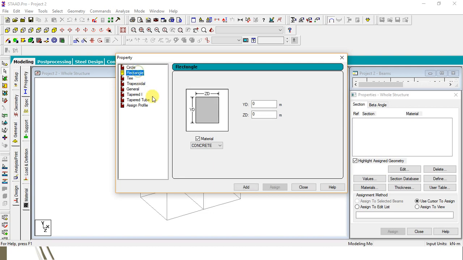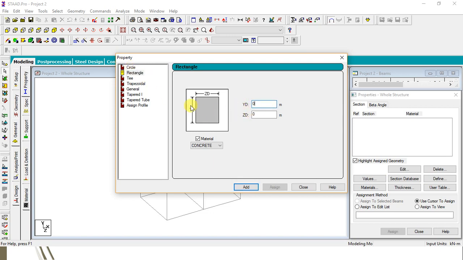Now I am selecting this rectangle cross section, as normally all the sections will be rectangular only. Sometimes there will be circular column sections also. In that case you can go through this circular section.